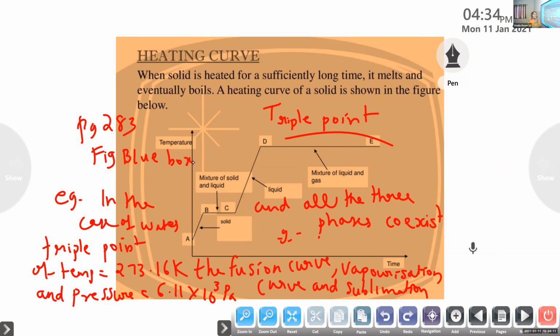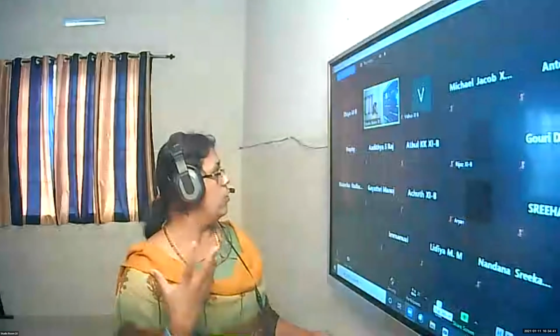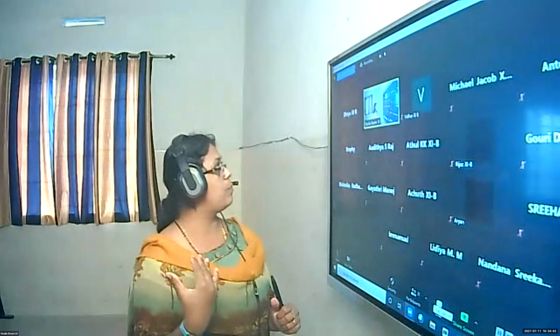In this chapter only certain terms are important: heat capacity, specific heat capacity, then the ideal gas equation. These are the important things in this chapter. Triple point and all those things I am teaching you on the basis of your entrance preparation. It is in your textbook, but I already told you we have some selective portions for your exam point of view. When portions are over, I will select certain portions that you should study, because I know it is not easy for you to digest the entire chapter.